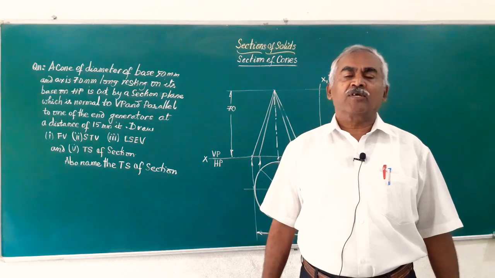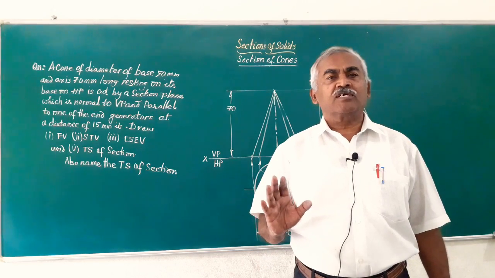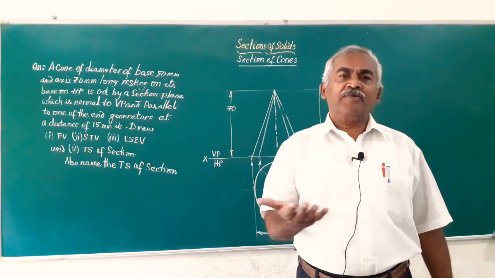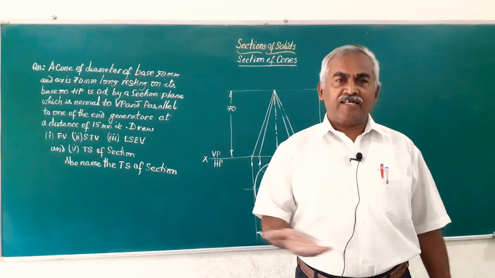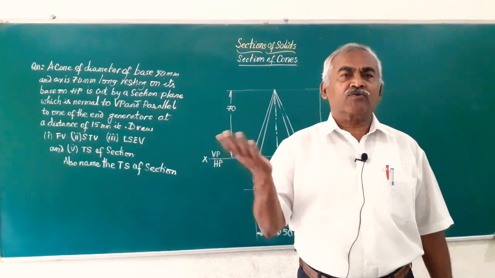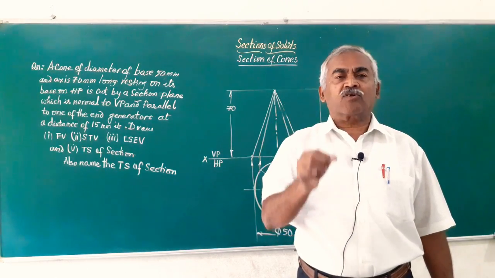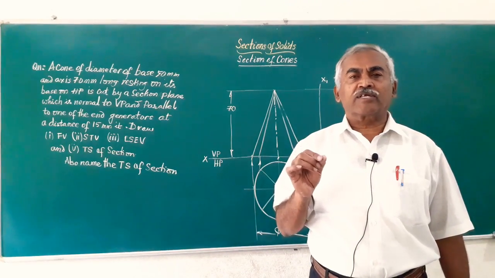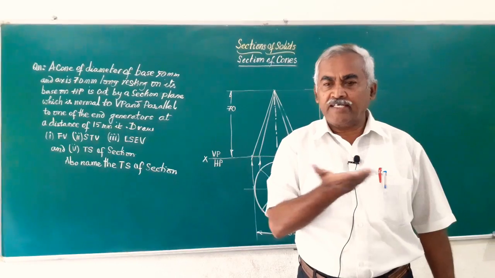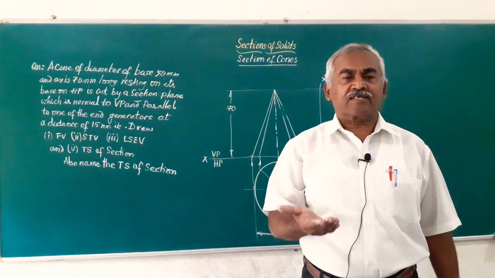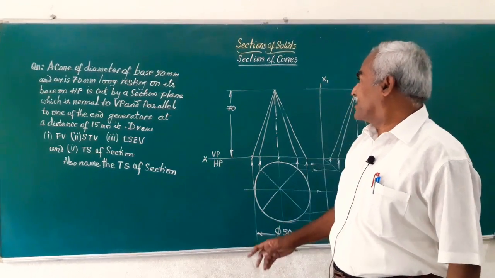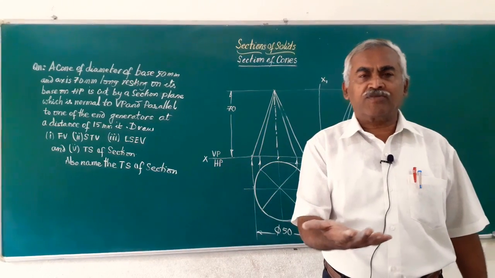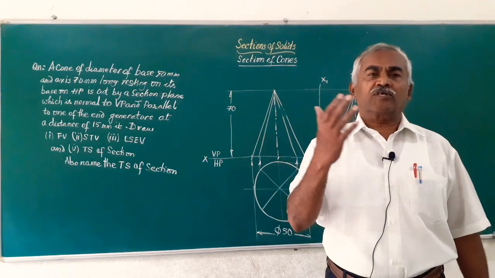Friends, remember, whenever any of these cones rest on HP on their bases, the base of the solid is parallel to HP and perpendicular to VP, and the axis is always perpendicular to HP. When I say a right circular cone, it means that the axis of the solid is perpendicular to the base of the solid. And here, friends, they have given us the height of the cone. So, let us place the cone on HP and obtain its front view and top view.